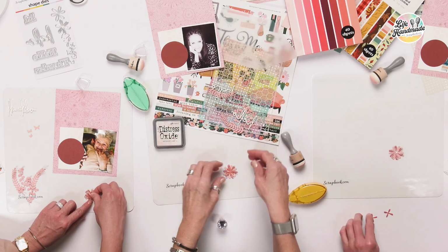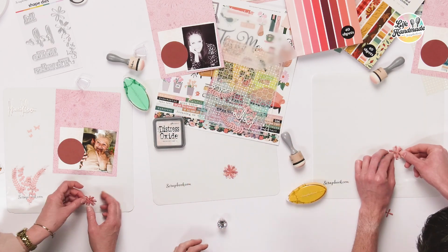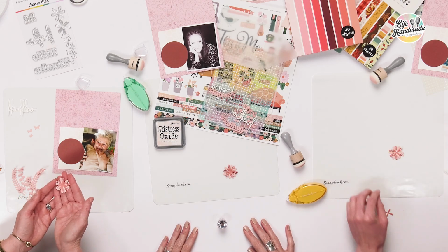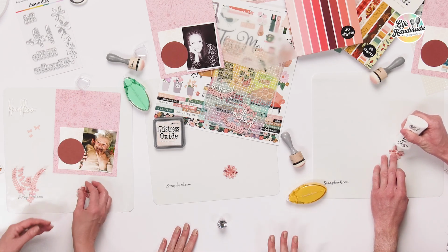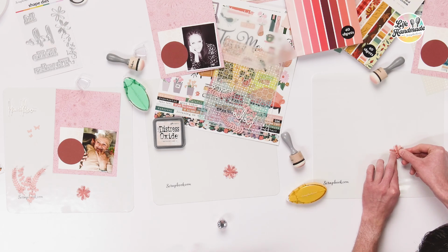I think I have enough glue from this guy to stick this one down maybe. Let's see. Yep, perfect. Cute. I love that. Isn't it fun? So cute, and it's got lots of dimension. And so when we get that done, we're not going to do it yet, but we're going to come back in with pops of color